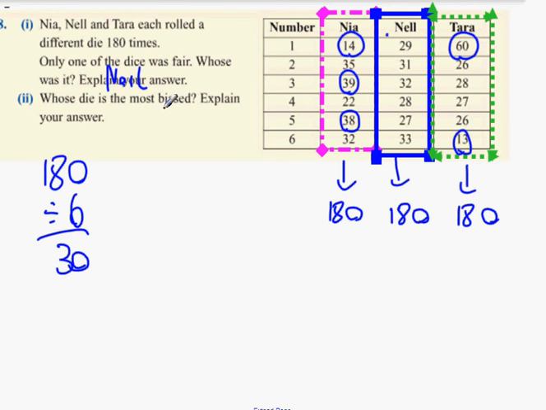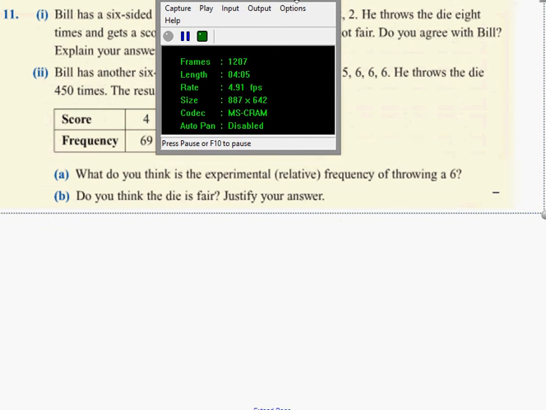Whose dice is the most biased? I'm going for Tara because of that 60. Does it explain the answer? You have to say that on average, each result should be very close to 30. Neil's results are. Yeah, I know how to, but you have to explain it. Yes. Okay. Yeah, Sean. To get the answer, do you add the results of the